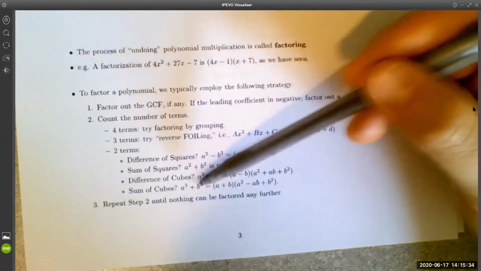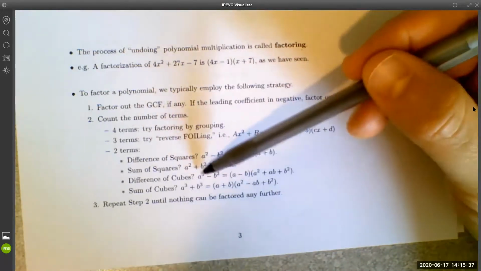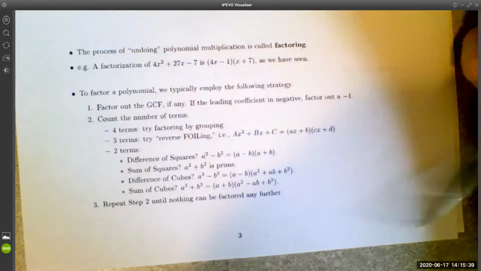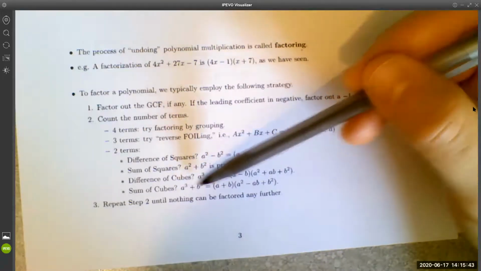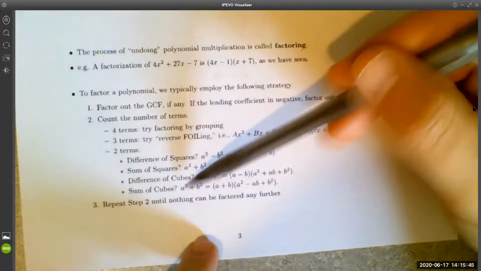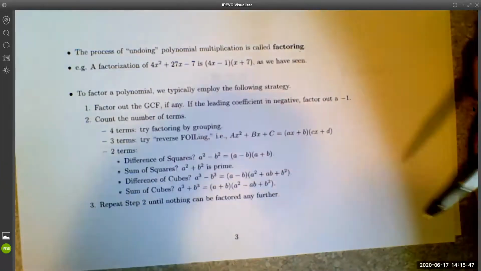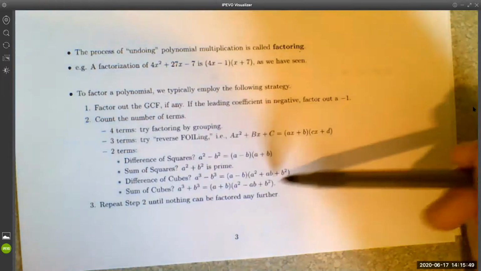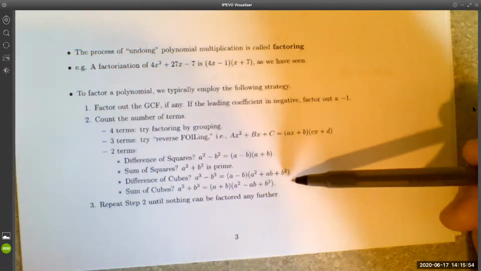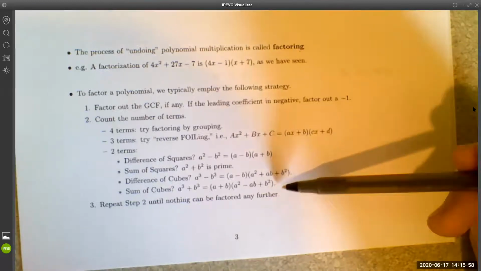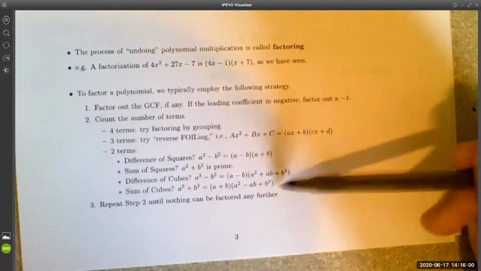Is the special binomial a difference of cubes? A difference of cubes would look like a cubed minus b cubed. Or is it a sum of cubes? And a sum of cubes would look like a cubed plus b cubed. You can factor both of those. You can factor a difference of cubes and a sum of cubes, and the factorizations are really similar looking. Now, you may not have seen these before. Some algebra instructors don't cover differences and sums of cubes and some do. So you may not have seen these ones before, but